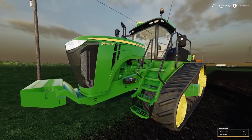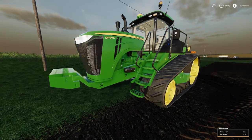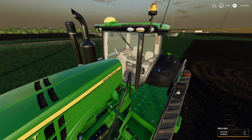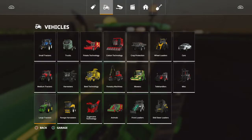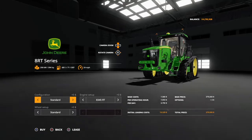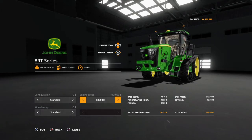Now we move on to the one that has been even more anticipated, which is a 9R John Deere. I say more anticipated because when we got everything from Giants, the only thing we were missing was something to cover the high end of the horsepower range. Obviously, the 8370 they have in the game is only, I think, rated at 400 and... Actually, let's look that up. I want to say it's only 400 and...